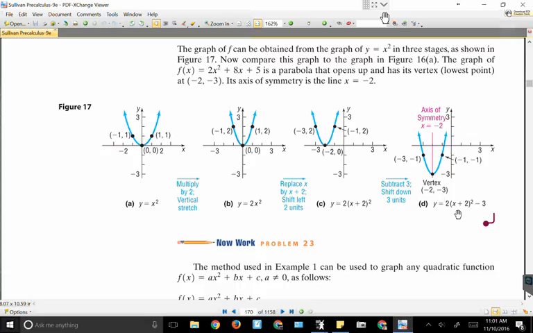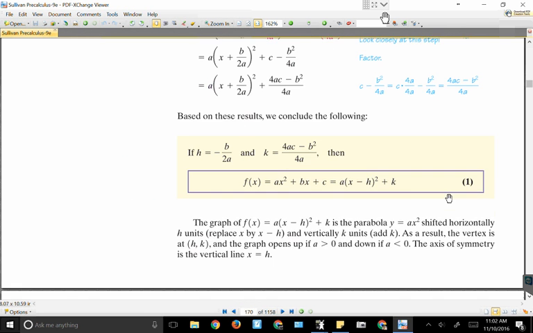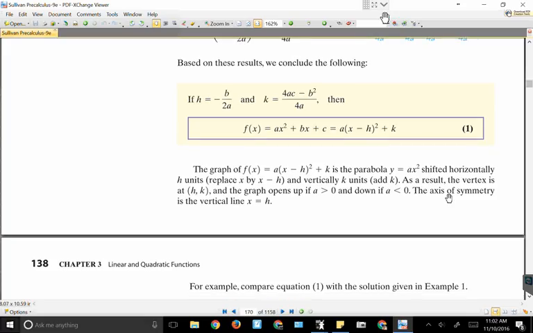So when I look at the equation, remember it's always x minus and y minus. So if I take x minus negative 2, that gives me the x plus 2. And the minus 3 just goes back on the back side of it the way it's supposed to be. So I know that from this information, that's where my vertex is going to be. Now, do I want to go through and do the completing of the square and all that other happy stuff? No, there's got to be an easier way to do it. So the easy way is right there. You pull that information out, and we're able to calculate where the vertex is going to be very quickly on any given